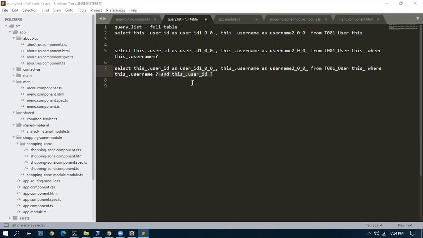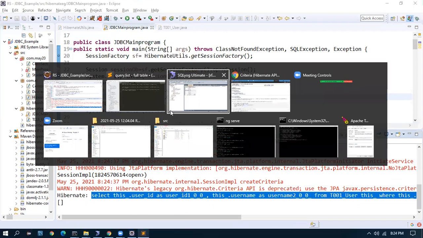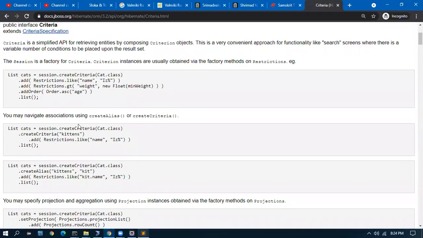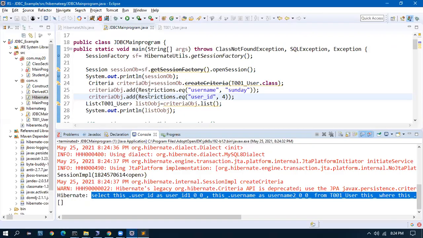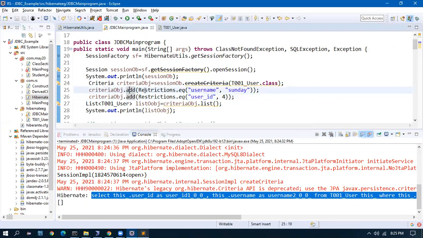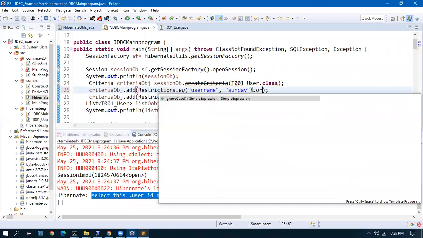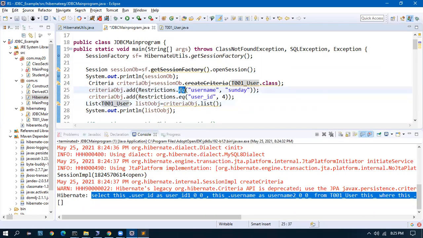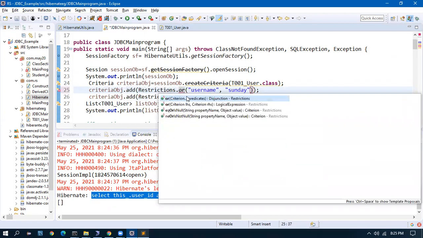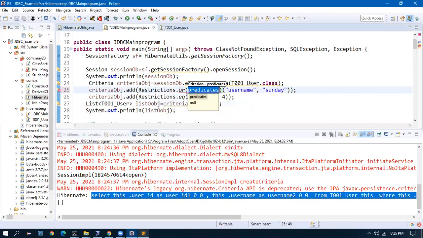See here, it added "and" because we have given two different restrictions. If we want to give "or", we have here dot add. Inside the add, we can give restrictions dot add restrictions dot or.